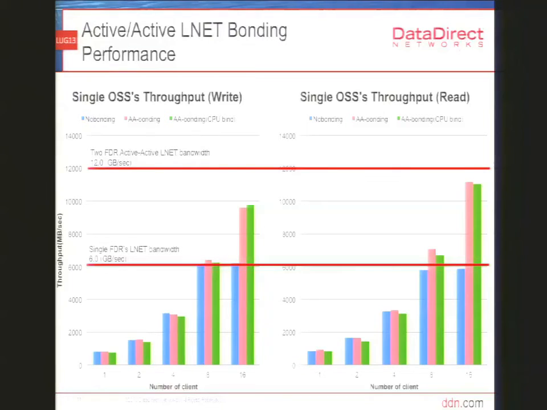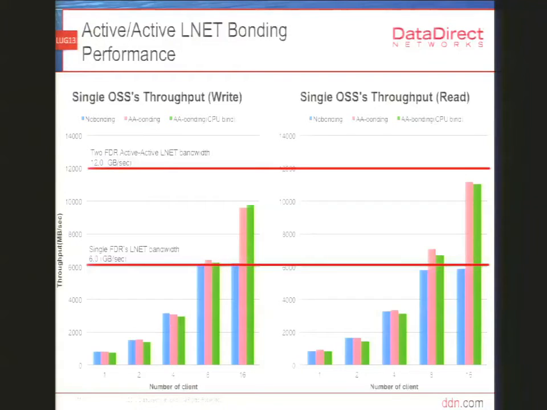Then the bonding configuration without CPU binding, shown in light red. Then finally we also tested the active configuration with CPU binding, the green bar. You can see we are getting around 6 GB per sec without the InfiniBand bonding,